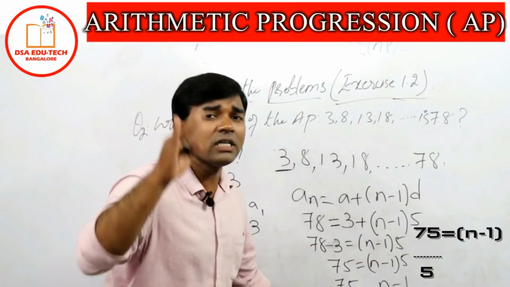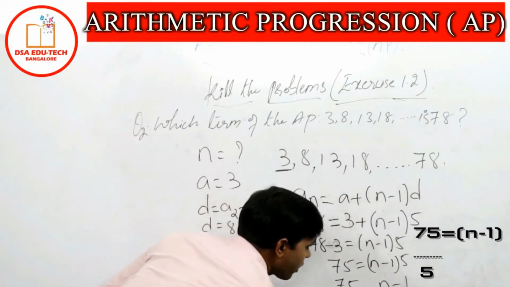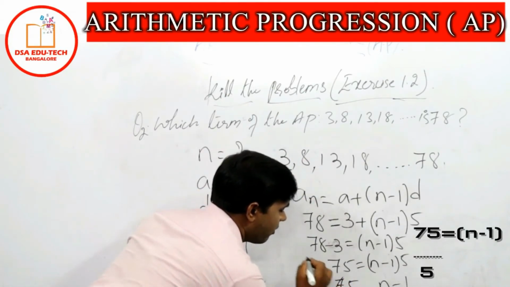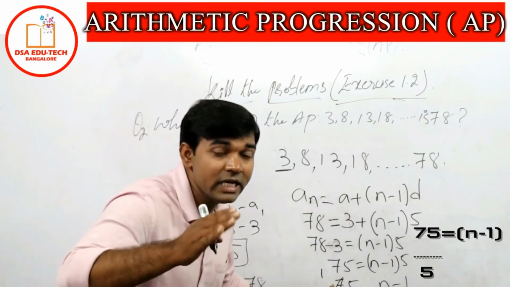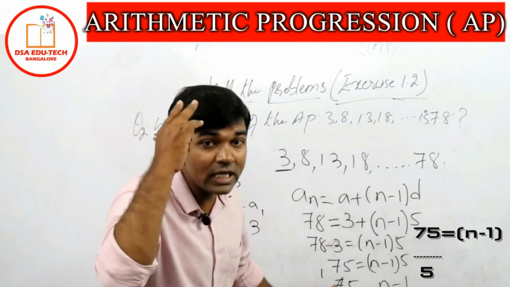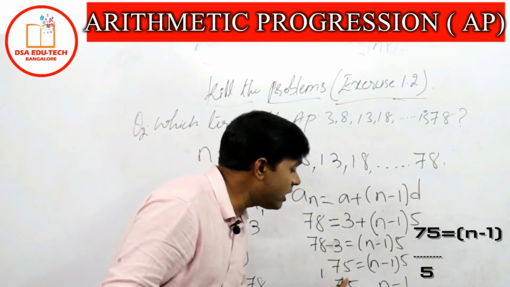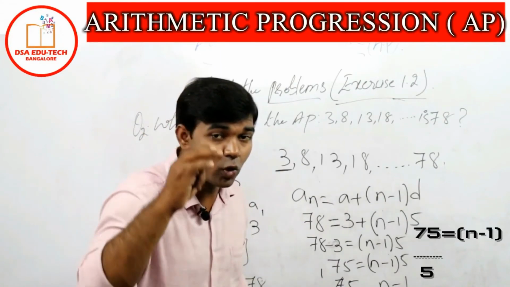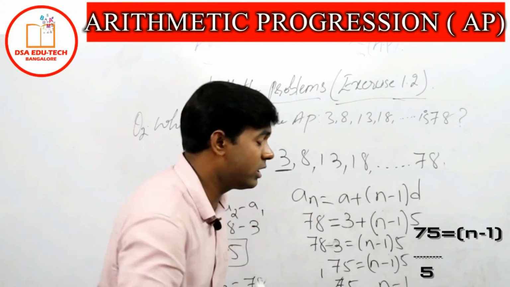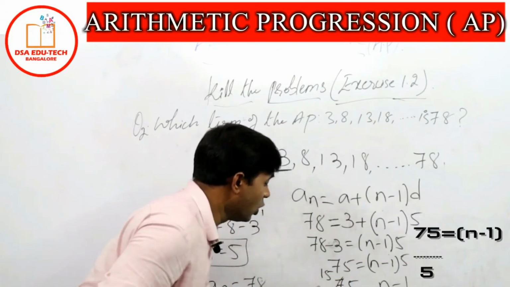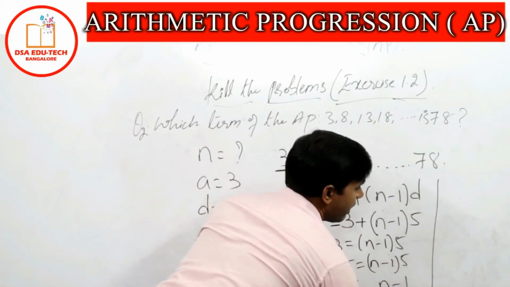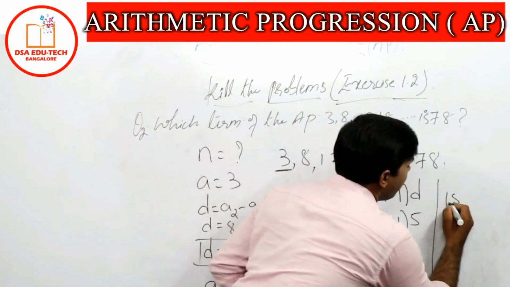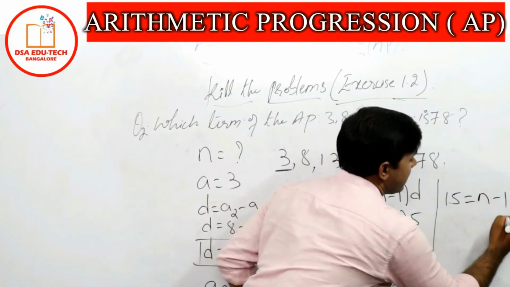Now what I will do? I will just do the division. So basically 5 ones are 5, and then 5 ones are 5. So here 7 is there. If I divide 5 ones are 5, how much is balance? 2 is balance. So this 2 will go here, carry over here, and this will become 25. So 5 5s are 25. Everyone please focus here. How much I have got here? 15. Okay. So this 15 is equals to n minus 1.